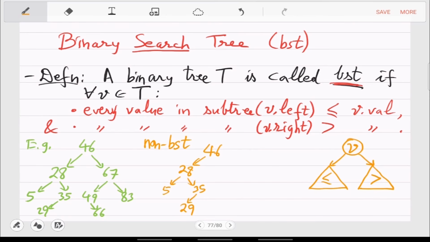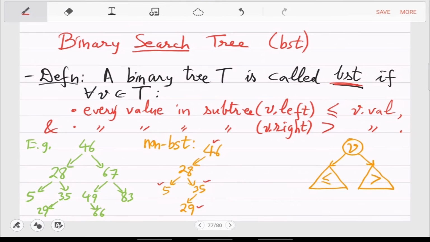So what is the problem in this? Why is it non-BST? 29 is greater than 28. Yes, so at the root 46, the check will pass. 46 is fine. 35 also is fine because on the left you have something smaller, and 5 is vacuously true. 29 is also fine.